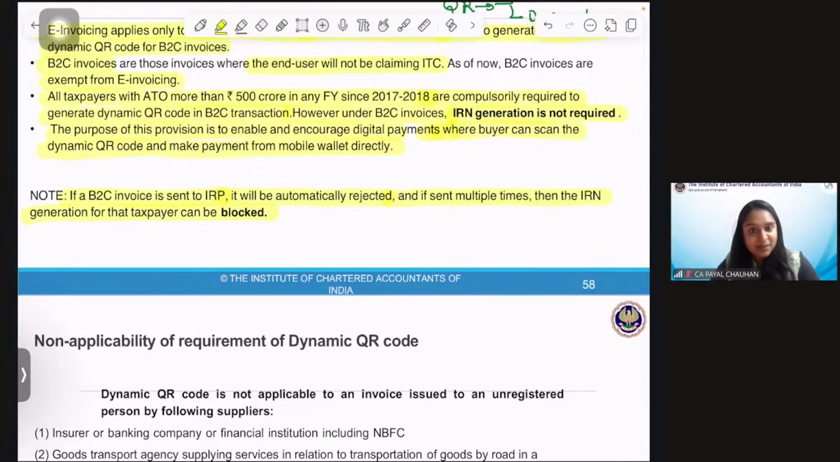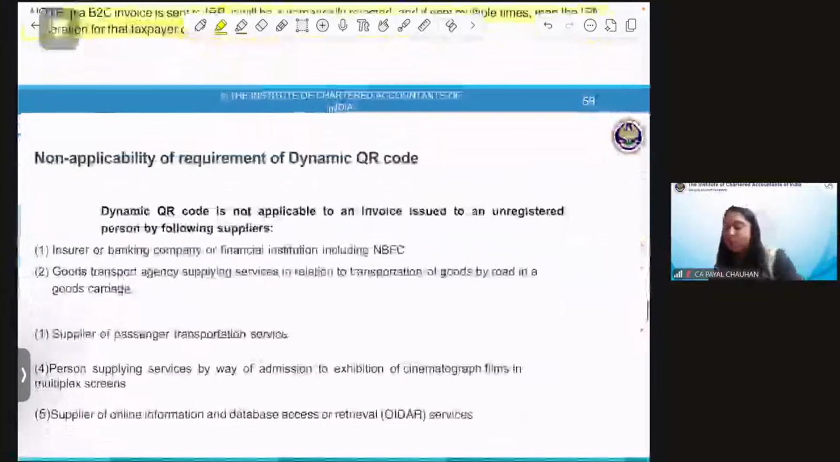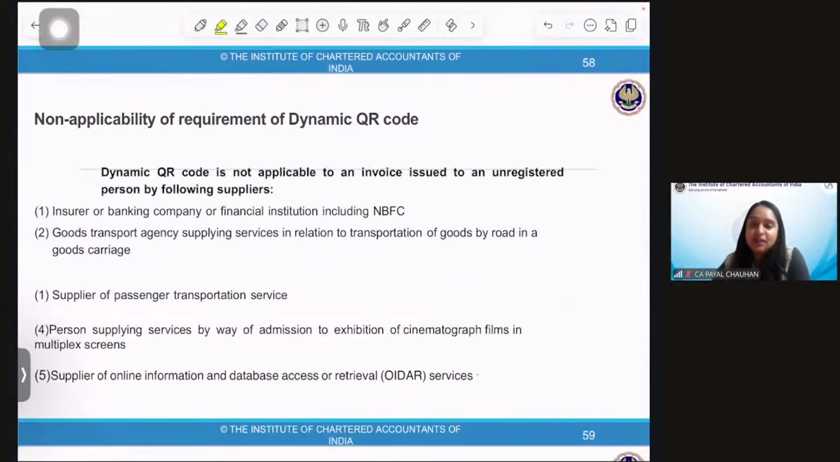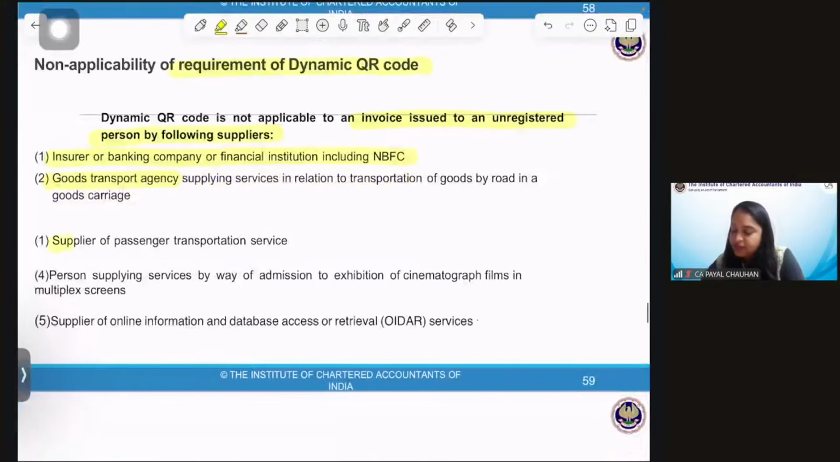Dynamic QR code and e-invoicing situation in case of B2C transaction. Now, non-applicability for requirement of dynamic QR code. In certain cases, a dynamic QR code is not required. A dynamic QR code is not applicable to an invoice issued to an unregistered person by the following supply: an insurer, a banking company, a financial institution, including NBFC, goods transport agency, then we have supplier of passenger transport, then multiplex screen supplier service, and online information database access retrieval, that is